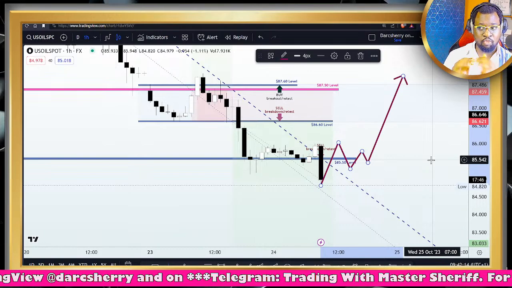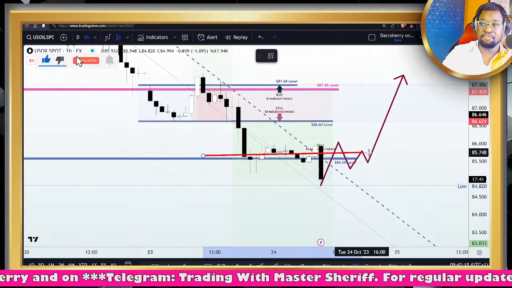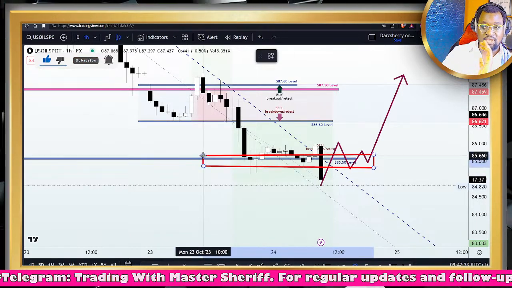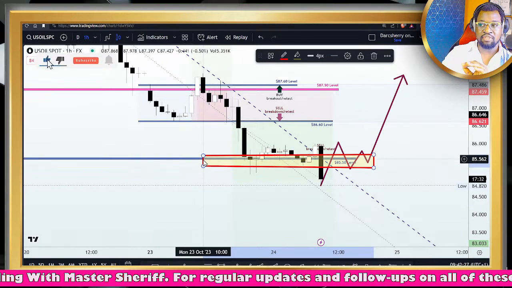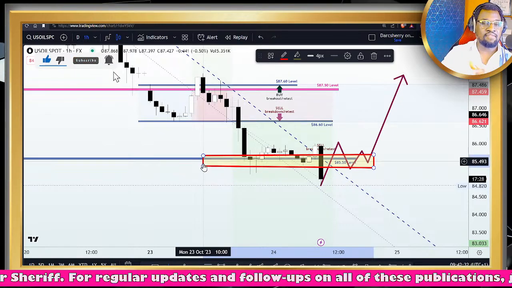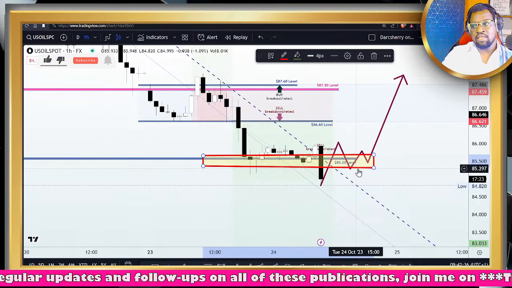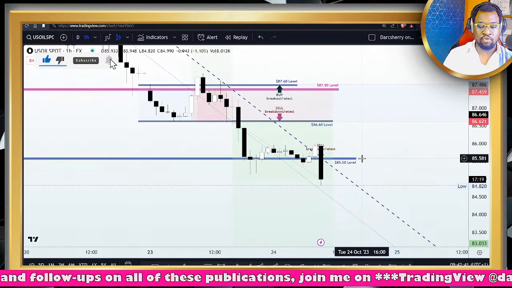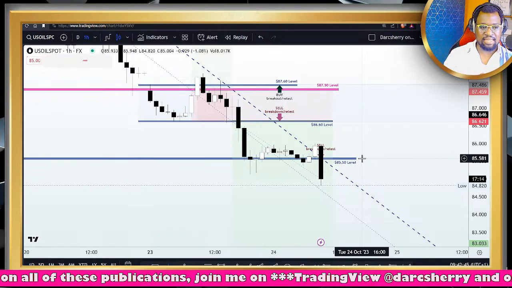At this point in time, we remain bearish as long as price action remains below the $85.50 level and that descending trend line here. As long as price remains below that structure, we hold on to a bearish bias. But as soon as we notice a breakout and retest of structure, we definitely want to be joining an uptrend situation. I will be giving you updates as at when due, whenever any significant setup unfolds on the chart, right in the comment section of both my TradingView and Telegram platforms.